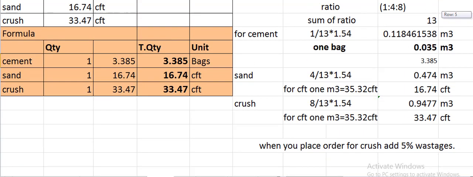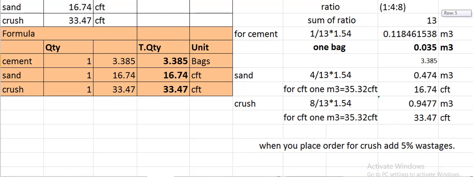For the third one, the sand we have calculated, and for the crush similarly the ratio is 8 divided by 13 multiplied by 1.54. We multiply to change cubic meters into cubic feet and we get 33.47